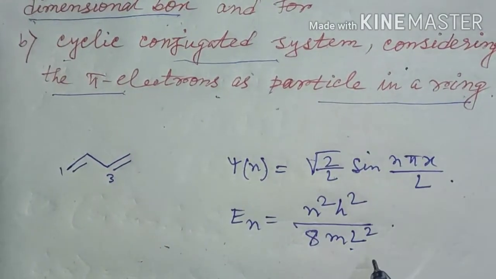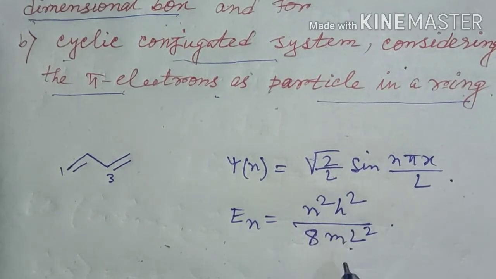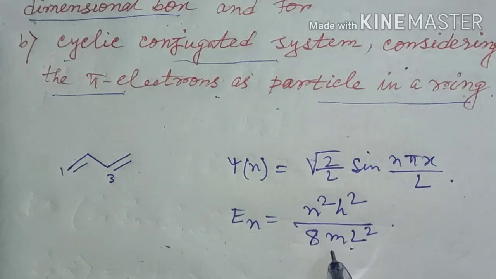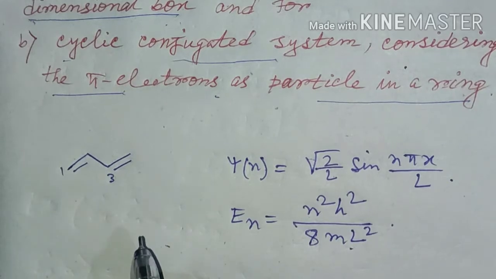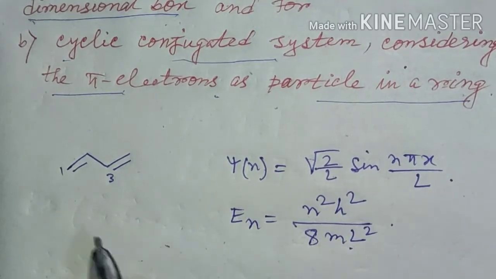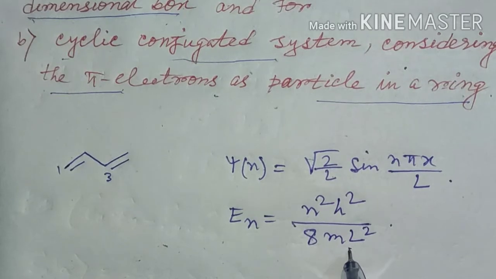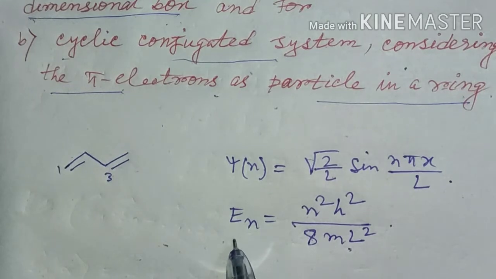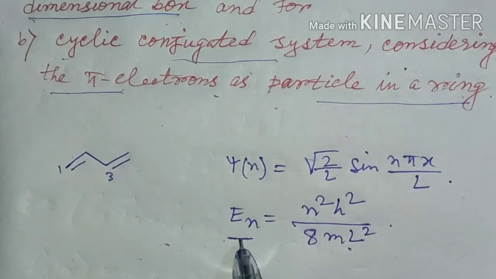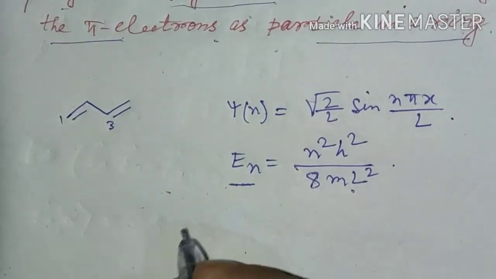n square h square by 8mL square. Here n is the quantum number of the state, h is the Planck constant, m is the mass of electron. In this case, since the electron behaves as a particle, m is the mass of the electron and L is the length of the conjugated pi system. Now, if you are given the length of the conjugated system, then it's fine, you will just put the value and you can calculate the energy of the corresponding nth state, and similarly you can calculate the transition energy, that is delta E